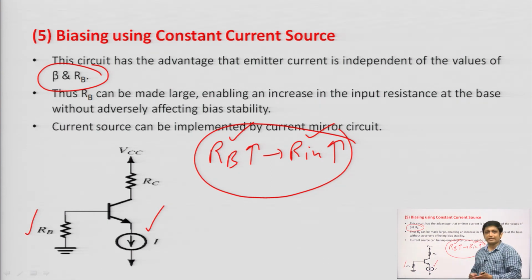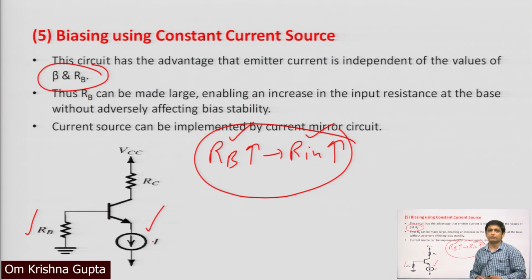In summary, biasing is needed when we design any amplifier, because we have to make sure that the operating point is in the middle of the active region, only then we get proper amplification. To do this we do DC biasing. There are various biasing techniques, and I have discussed 5 of them. Out of these, the 5th biasing technique has most of the advantages, fine, and it requires a current mirror. The design of this current mirror we will study in unit 4, fine.